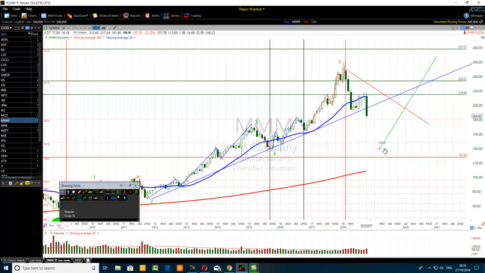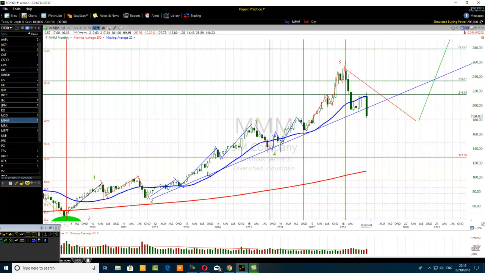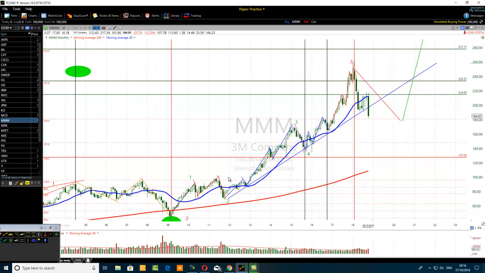Is it going to be a complex fourth wave? Is it going to be a consolidation after this move down? But we know that we are now in the fourth wave. So by looking at this chart, I'm just shaking my head. This is a very good example to show traders the fifth wave extension of the fifth wave itself.